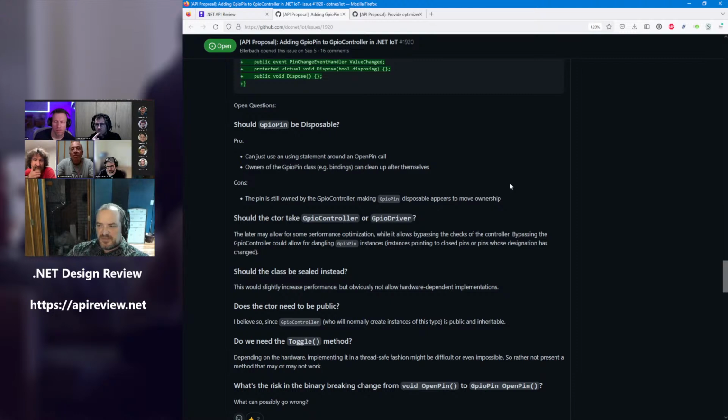The open pin is just a way to say, I want this pin to be input or output, but after all, it's there. Nobody is going to destroy it. There is no native resources associated with it. I mean, the controller won't allow you to do that right now. So yeah, currently,